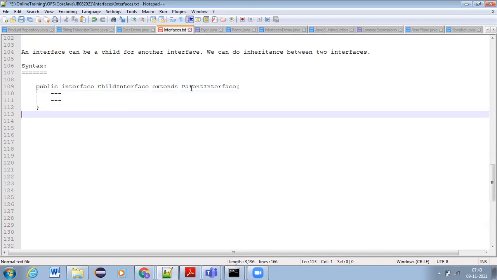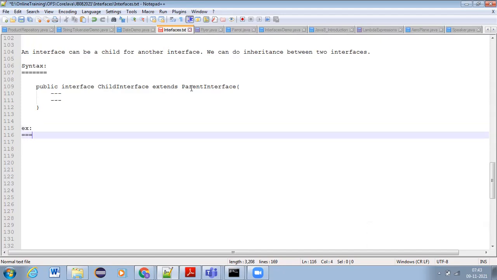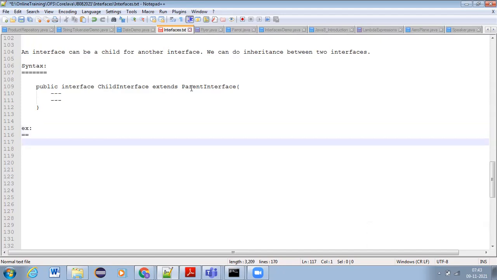Now an example of how we can write it. Carefully observe, guys, how interfaces should be used. We have one interface, public interface Iface1, simply one interface I am writing.